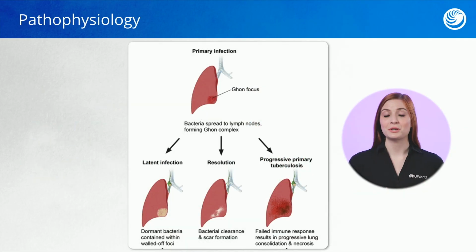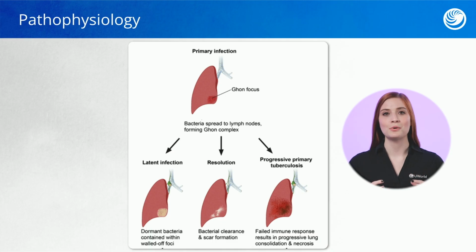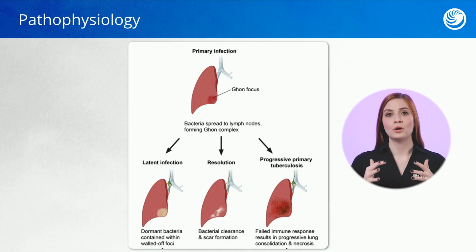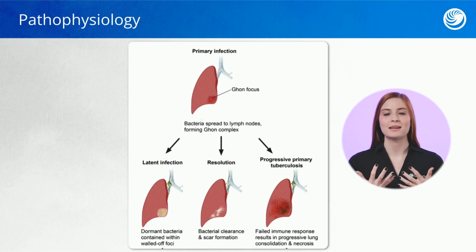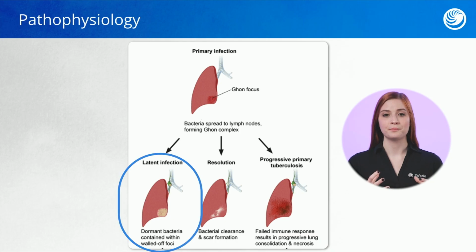Let's talk about how infection actually occurs with TB. When TB enters the body, it's going to go to the lungs. If someone is healthy or the amount of exposure to TB is minimal, the body is going to create a wall or a fence around the bacteria, and it's not going to affect anywhere in the body. There's not going to be any noticeable signs of infection, and this is known as latent TB.